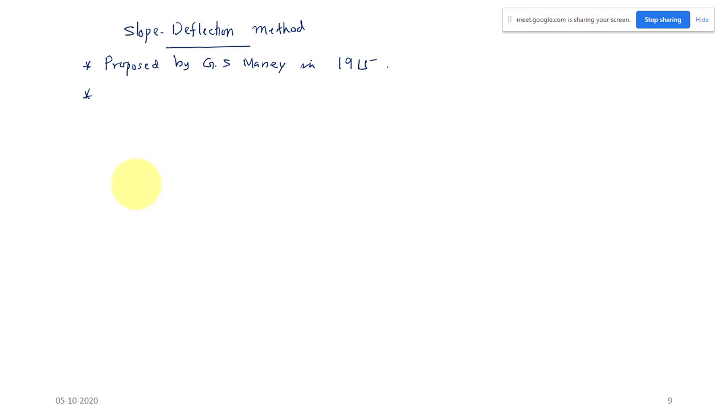Okay, and before discussing the method, as with any method or derivation, first we used to see some assumptions. We used to see what are the assumptions used in this method. This is useful for continuous beams and frames. So we will see the assumptions. What are the assumptions used in this method? We have to understand the assumptions.